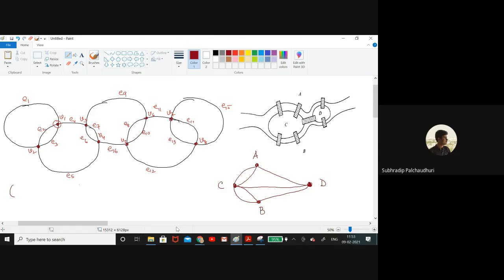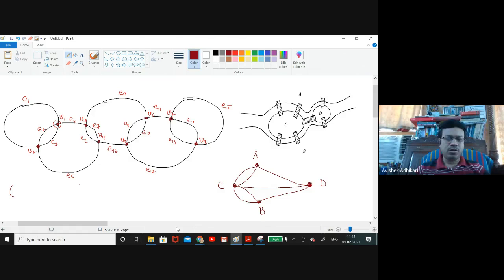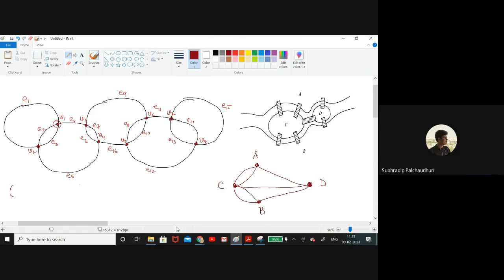We have to take the edge E5, and then the edge E4 won't be taken in any possibility, because whenever we take E4, then we don't have a path to get back to V3 from V1. Yes, but it's not mandatory that you should always come back to V1 from within this first two. Then the second case,